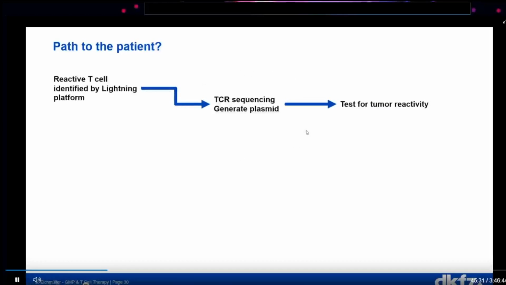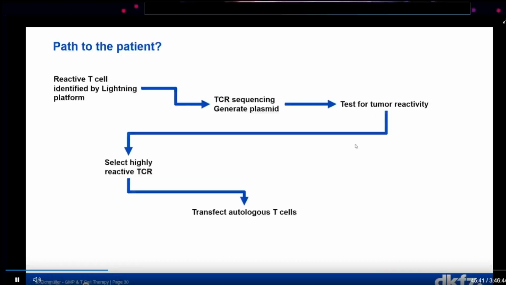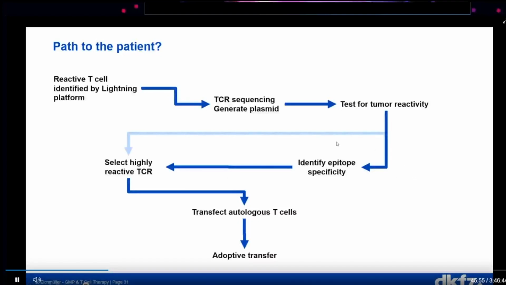We have shown that we are able to generate plasmids, after the TCR sequencing, coding for these TCRs, and we can test them for tumor reactivity. Now, one could go on and select the highly reactive TCRs, transfect autologous T cells, and do an adoptive transfer to the patient. Or, and this is something one has to discuss,